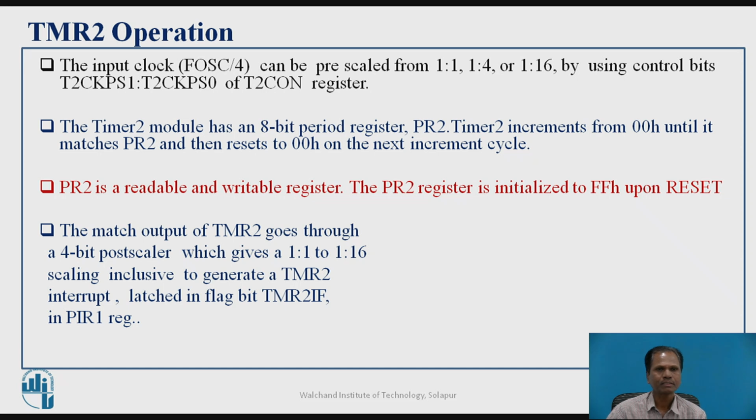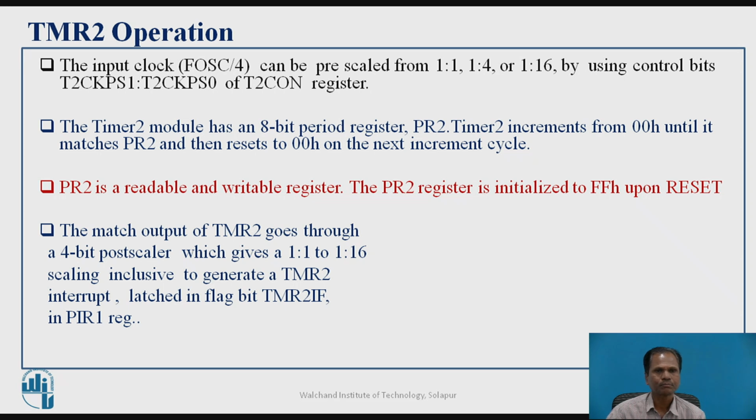So period register PR2 is a readable and writable register. The PR2 register is initialized to FF after a reset. As well, we can program the period register as per our requirement, depending upon the time required to generate output from timer 2. The match output, whenever TMR2 register contents and period register PR2 contents are equal,